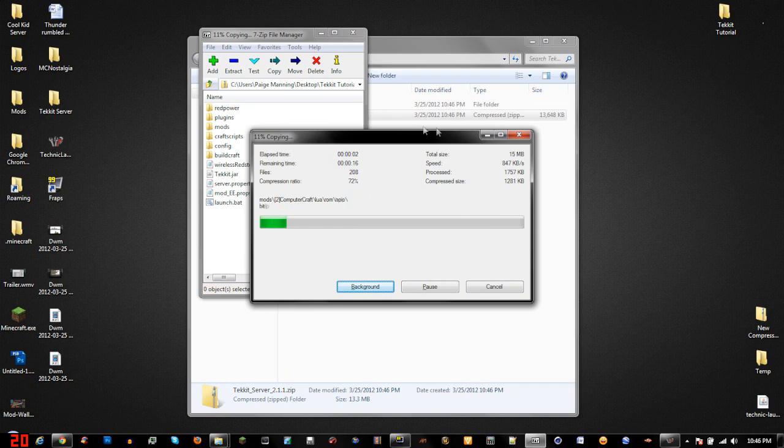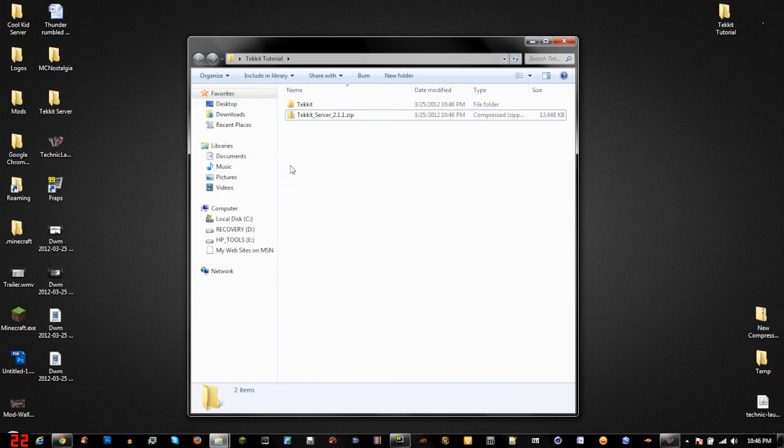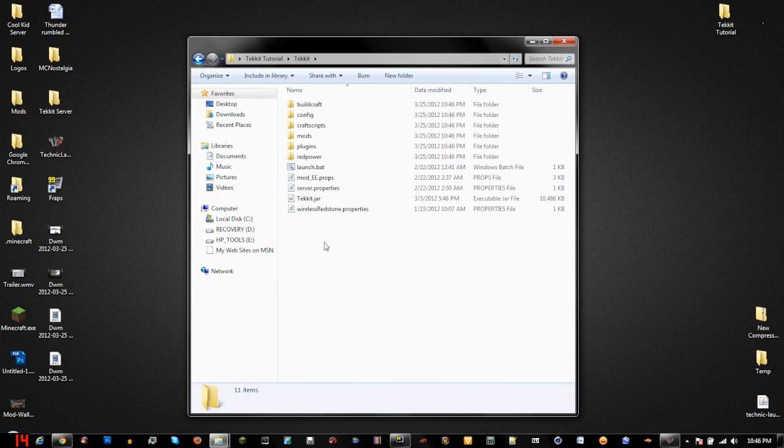It's extracting into a normal folder, because you have to for it to be able to work. Okay, and we're going to open this, and then we're going to go to